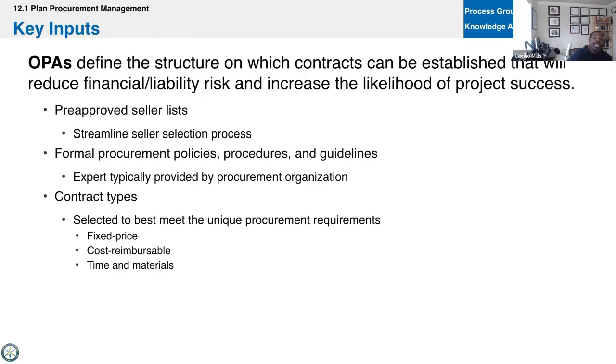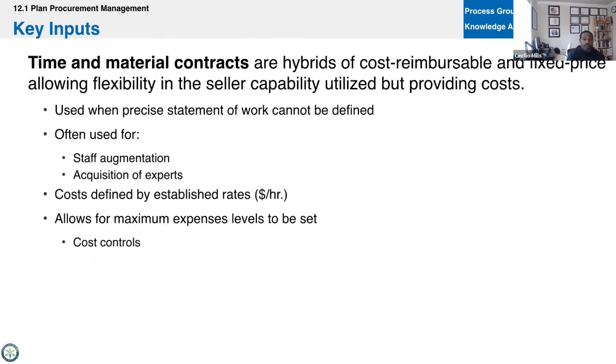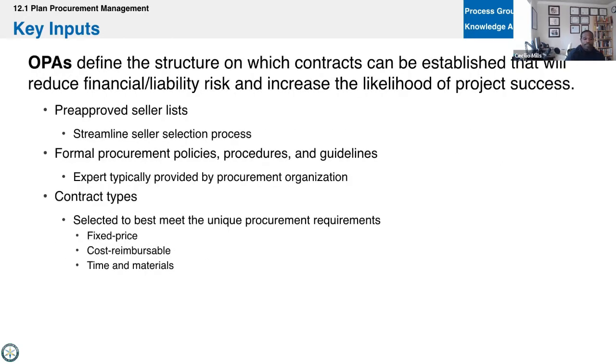We'll also take OPAs. And for OPAs, this could be, they have the pre-approved seller list, right? A lot of companies have a preferred vendor or seller list. So that's what an OPA could be here, right? Or the fact that you might have to go through procurement to get it, maybe anything 50K and under, you can use the company card, but over, you've got to go and get approval, things like that. The different contract types. And we'll use contract types to shift risk. So we're going to talk about these contract types coming up, but